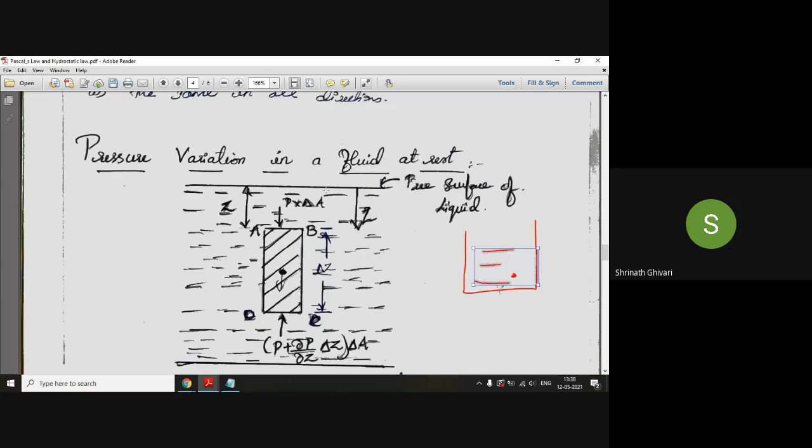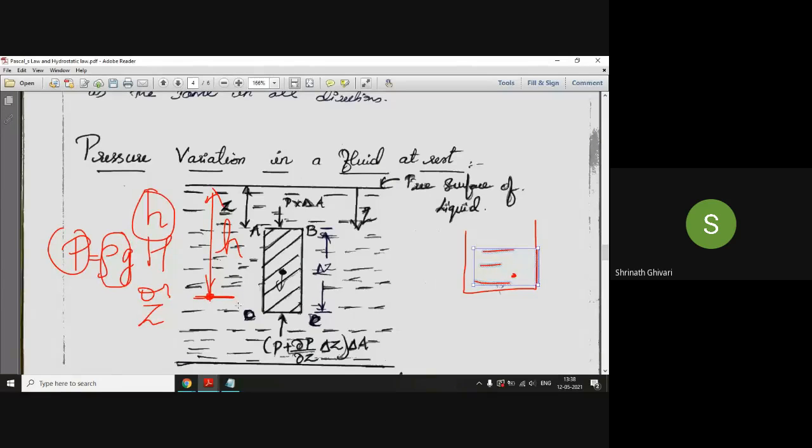Then what you have to learn here: we have to derive an equation which states P equal to rho g h, where rho is the density of the fluid, g is the acceleration due to gravity, and h, or you can take it as z. In textbooks they have taken z, or you can take small h. h is the height of the liquid from the surface. If I want to measure the pressure at this point, I have to check this height and multiply it with rho into g. Then I can determine the pressure at this point.